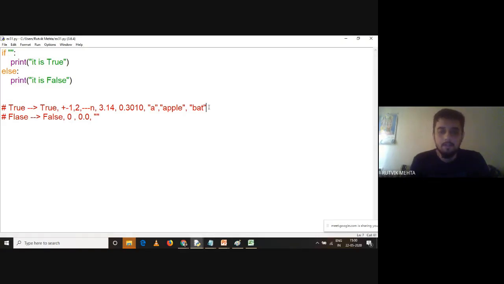Understand this? Let us take the next case, right? So there are more data structures in Python. This is called a list. We'll cover it later on, but I'm just telling you what is false. So when the list contains some elements, it can be any integer, float, anything, it is true. But if the list is empty, an empty list is represented by opening and closing square brackets. It is false. Similar to tuple. This is known as the tuple data structure. We'll cover this later on, so don't get confused about it. I'm just telling you what is true, what is false. An empty tuple is false.